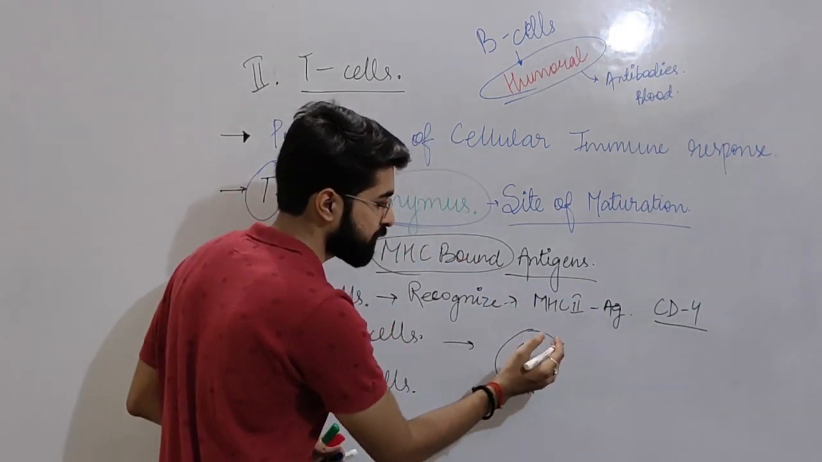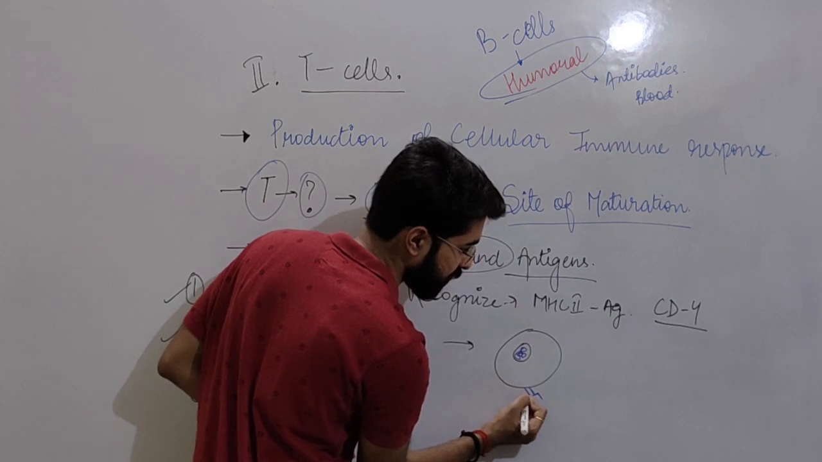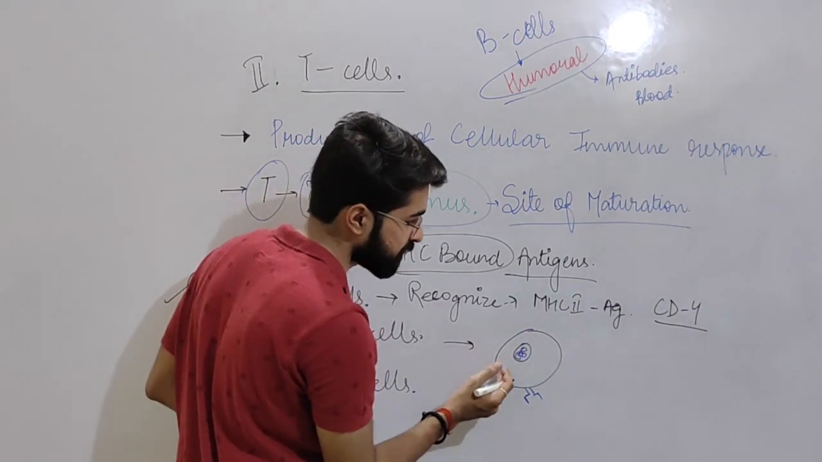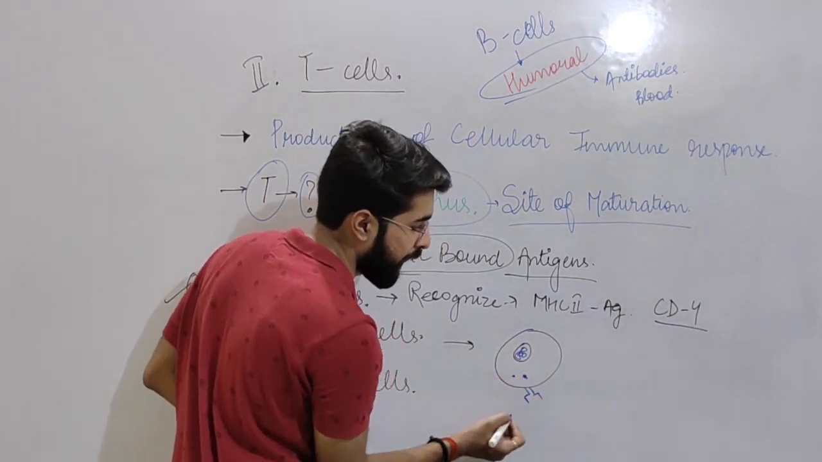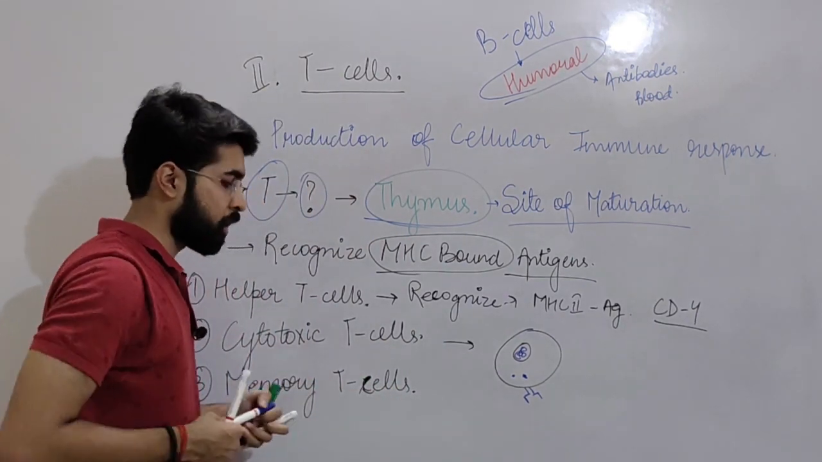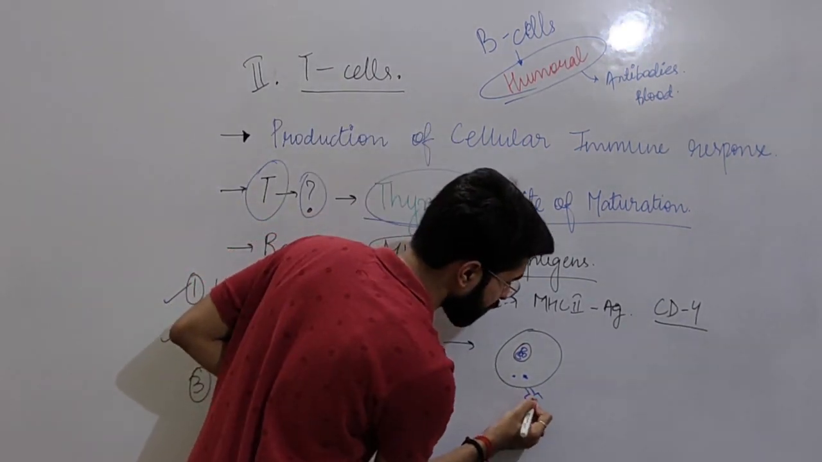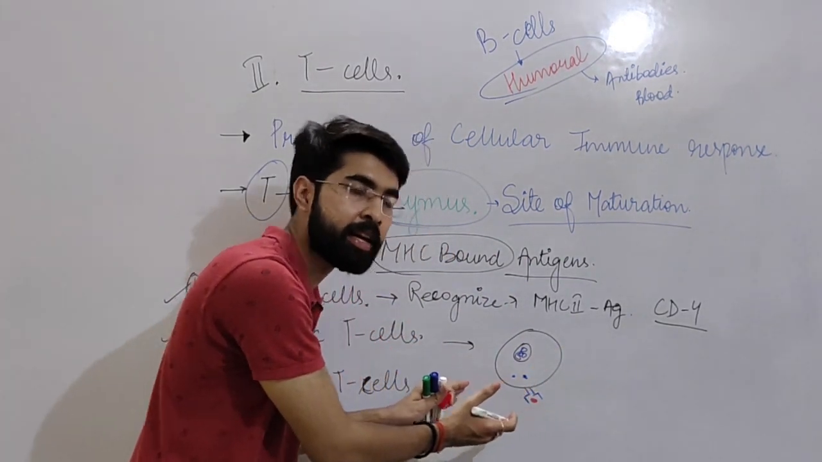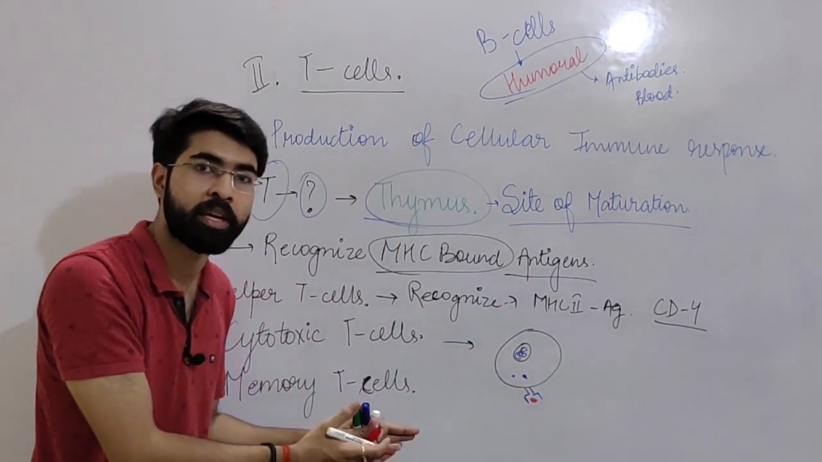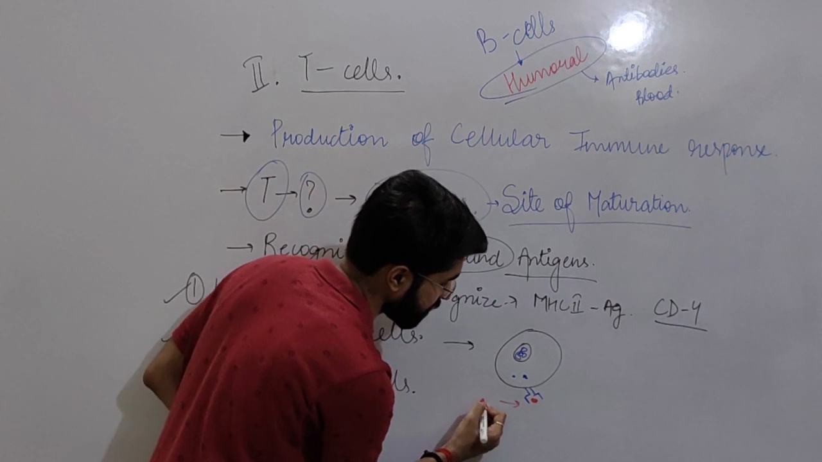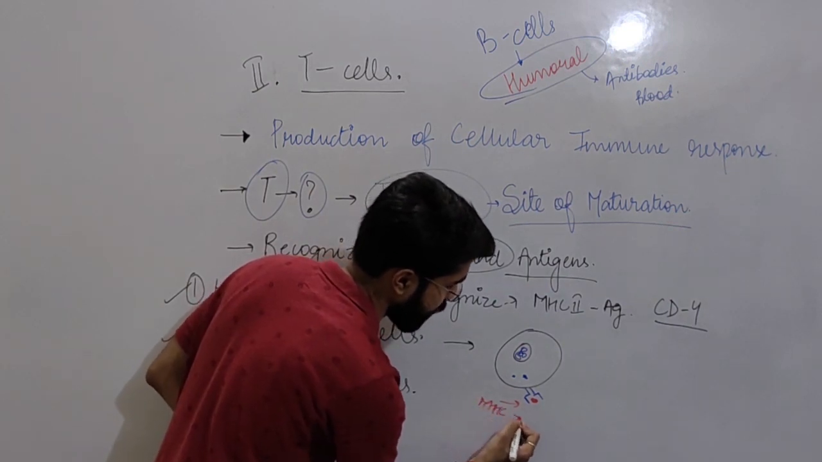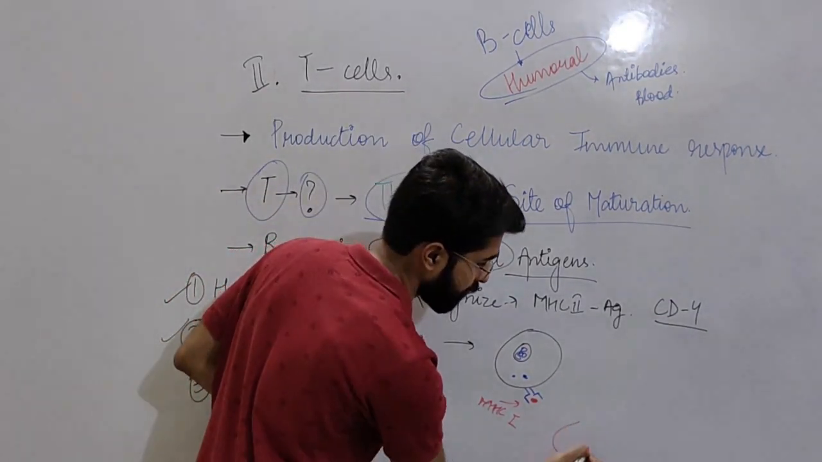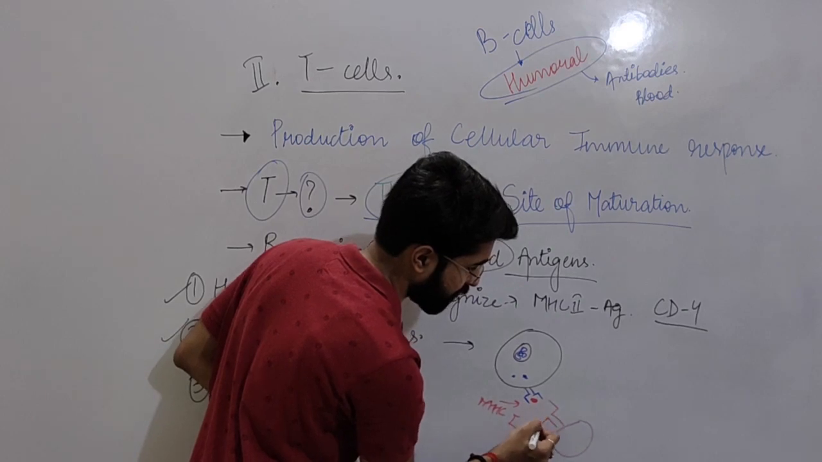A normal cell has MHC class 1 complex. On the MHC1 complex, this cell starts producing viral peptide, viral protein, and these viral proteins are shown on the surface. It may seem a bit complex. Basically, this normal cell gets infected by a virus, the virus starts producing proteins, and this protein is presented on the surface by MHC1 complex. So this cytotoxic T cell comes over here and recognizes on the MHC1 complex